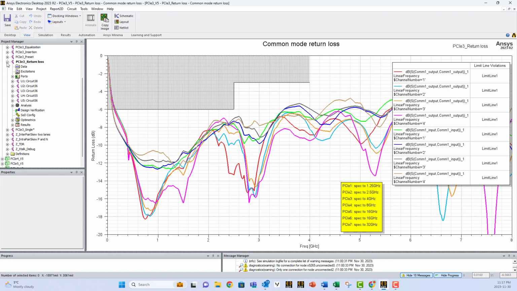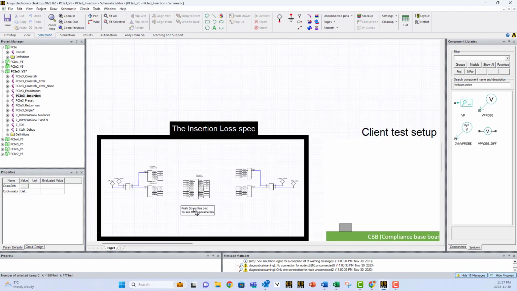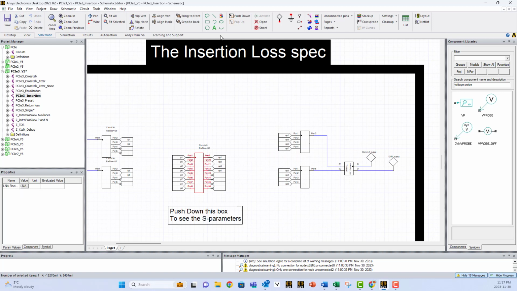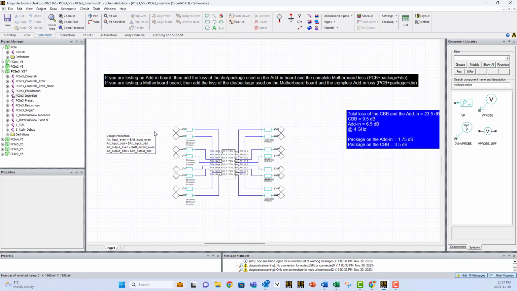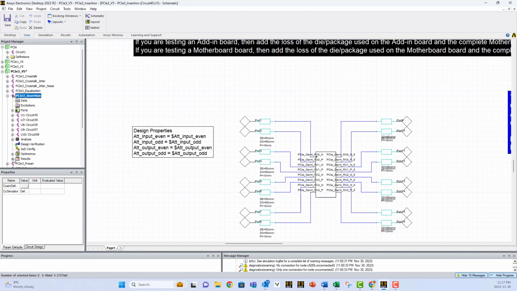In addition to the return loss, we have the insertion one, which is similar to the return loss, with minor difference is that if you click on this box and you say push down, you will notice that we are not using the global variables, we are using local variables. By default, they are equal to the global ones, but you can modify them. So this circuit, the insertion one, is to study the insertion, and you will get a graph similar to the return loss